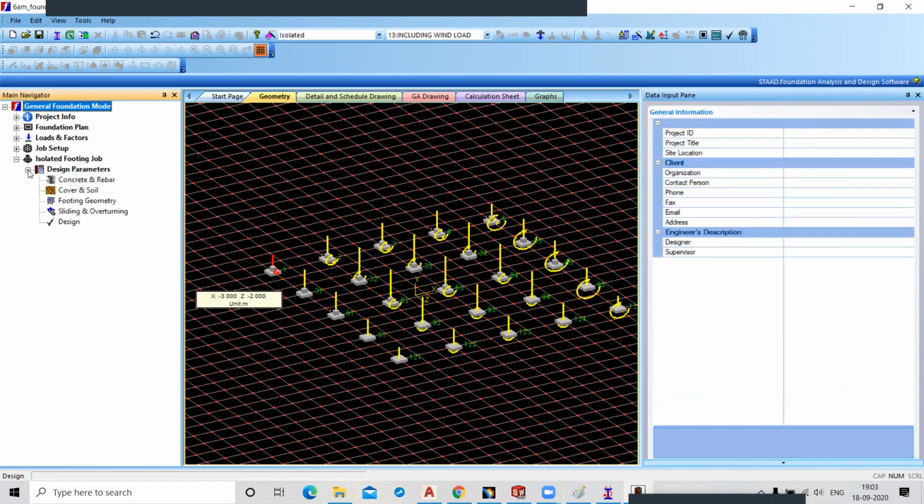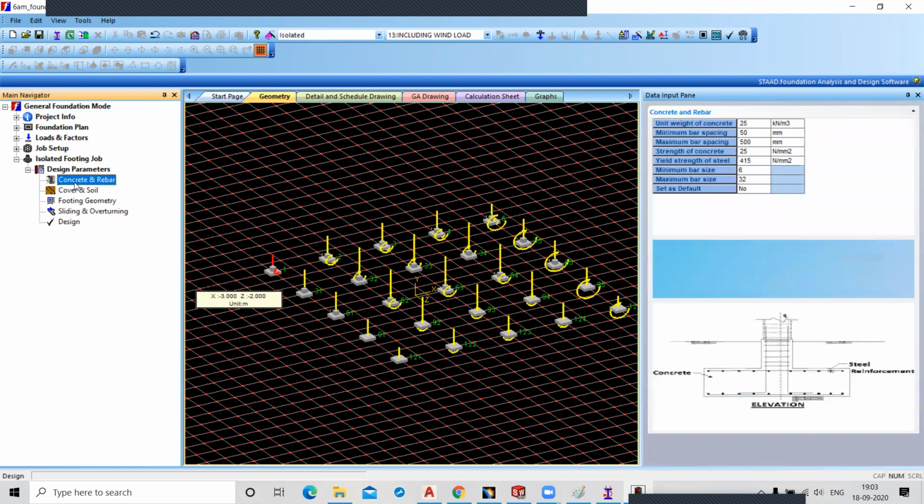Now, the first option is concrete and rebar. Click on concrete and rebar. So this is your unit weight of concrete. This is the minimum spacing between the bars, and this is the maximum spacing between the bars. The spacing between the bars is considered between 50 to 500.